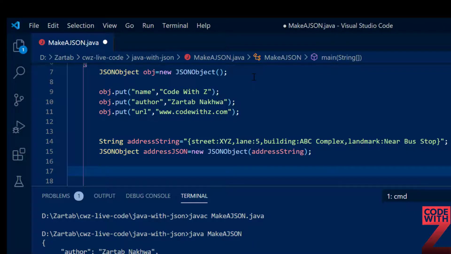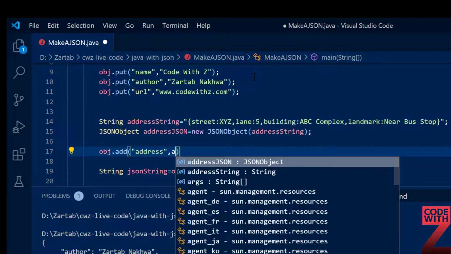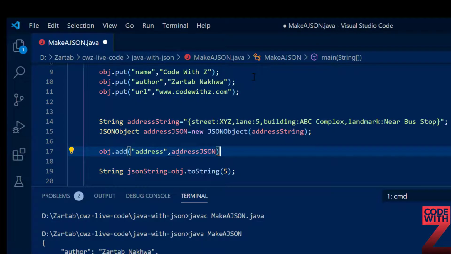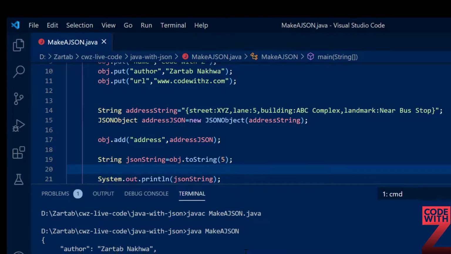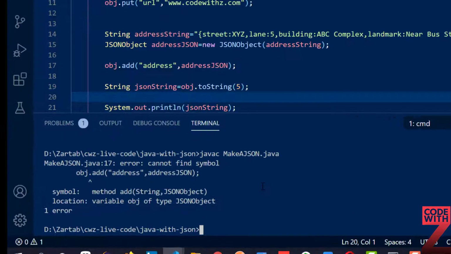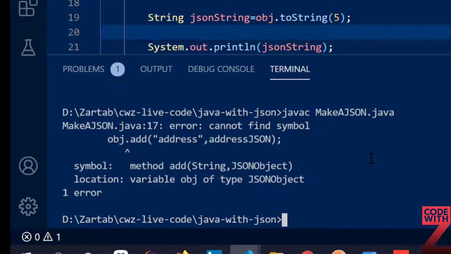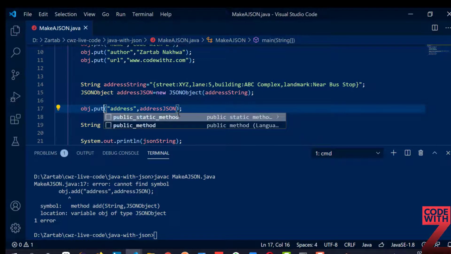Now I will say obj dot add address comma address JSON. Now if I just make the changes here, let me do a CLS, javac make a JSON.java. Okay, it says cannot find symbol. Sorry, my bad, I should have said put.